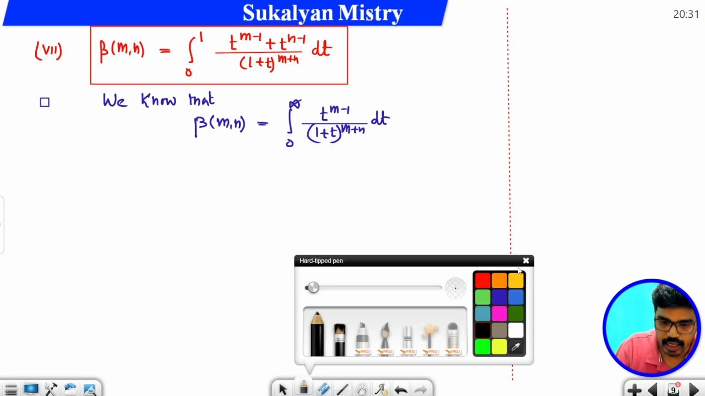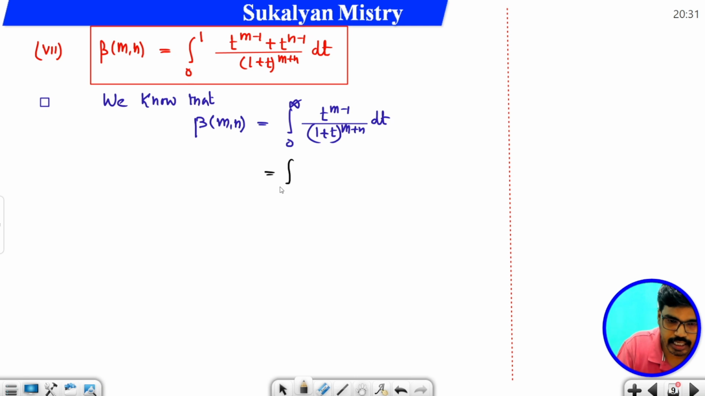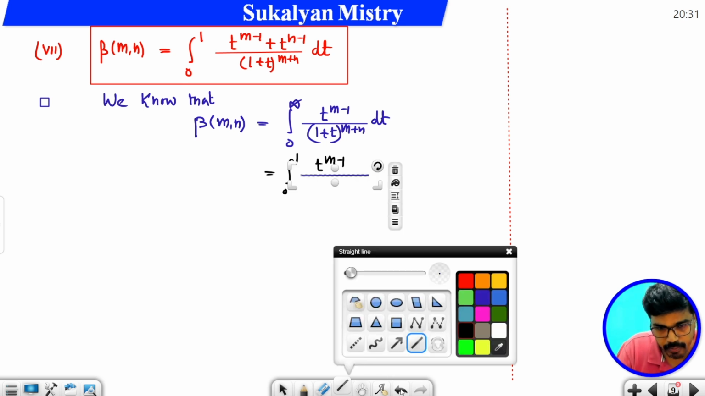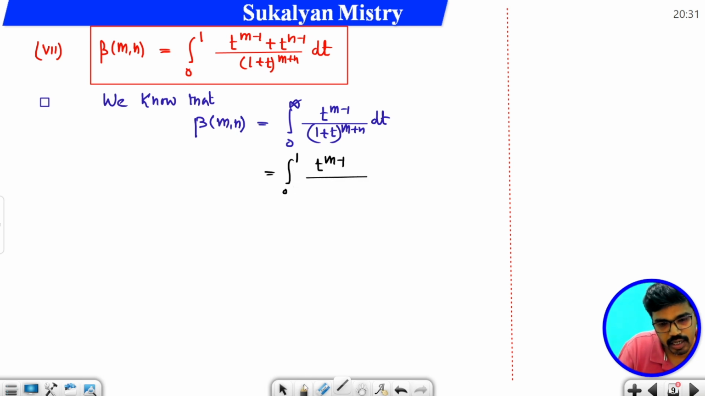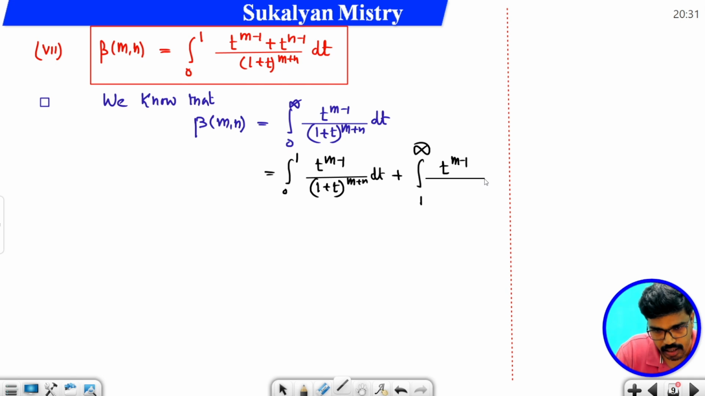So this can be written as, just see, integration 0 to 1 t to the power m minus 1 divided by 1 plus t to the power m plus n dt plus integration 1 to infinity t to the power m minus 1 divided by 1 plus t to the power m plus n dt. লিখতে পারি 0 to infinity, just 0 to 1, 1 to infinity. ঠিক, now